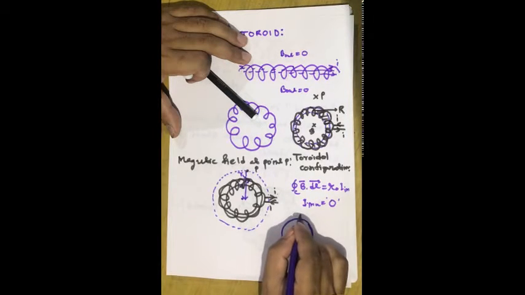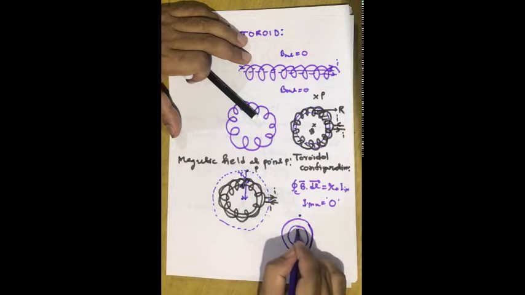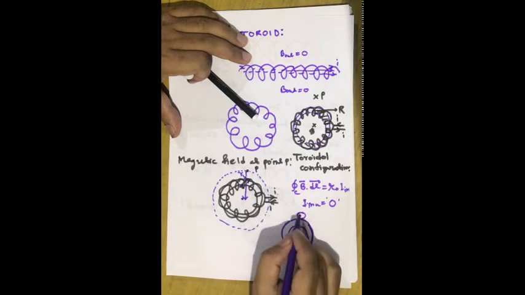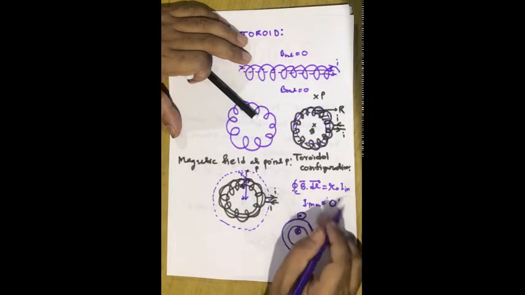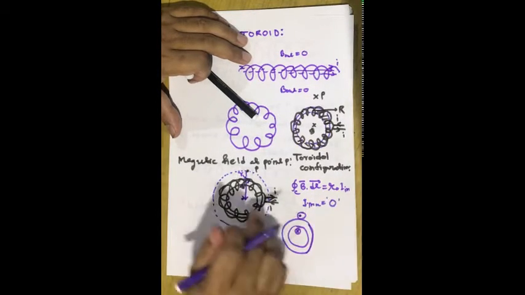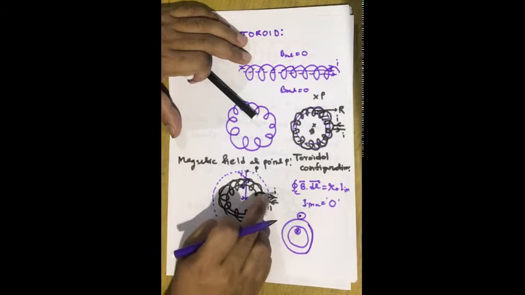So if we put the current coming out of the toroid as the dot symbol, the current entering into the toroid we can put as the cross symbol. So basically these two currents cancel out each other, therefore I inclusive is equal to 0 here. Okay, this is also clear from these two points.